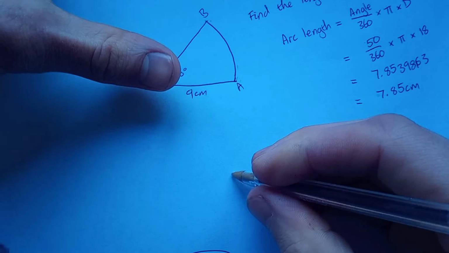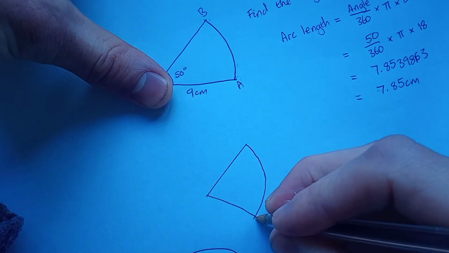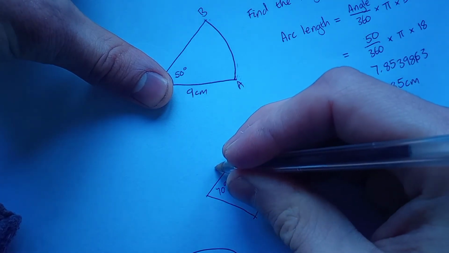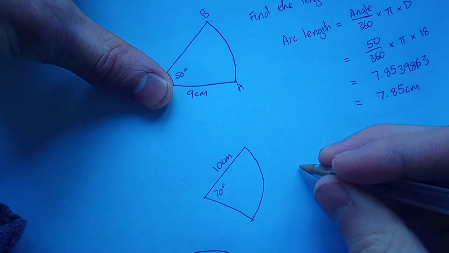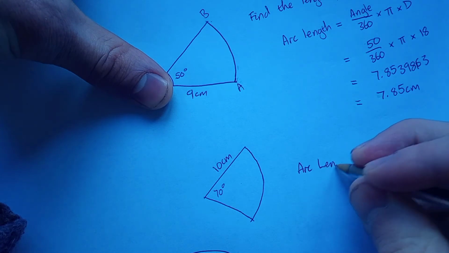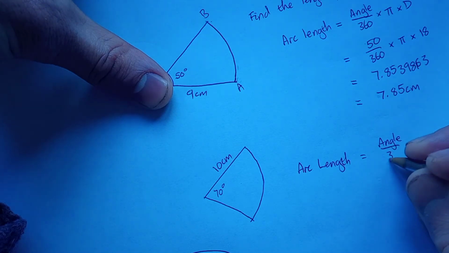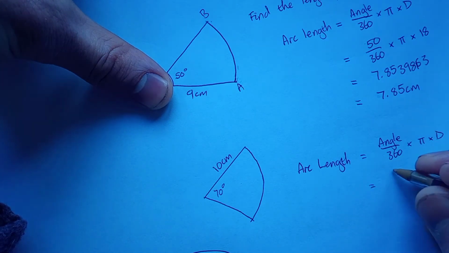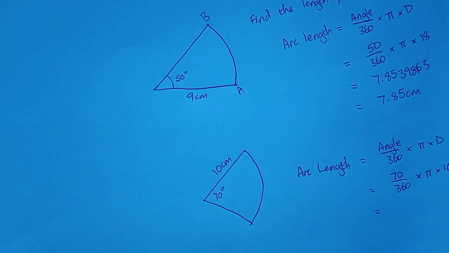We are going to do a second sector here, so that is going to be this one. So if we have 70 degrees in there and our radius this time is going to be 10 centimeters. So if we want to find the arc length, we want to write down our formula, which is angle over 360 times pi times d. Putting our numbers in, that is 70 over 360 times pi times 10. Putting that into a calculator,